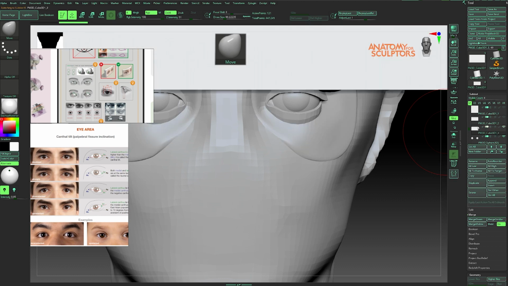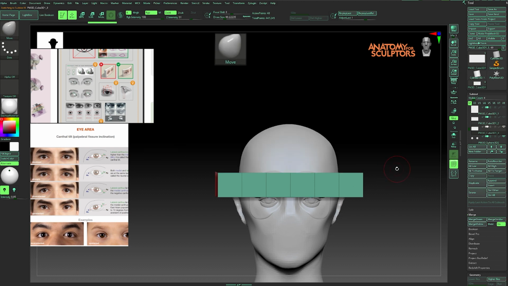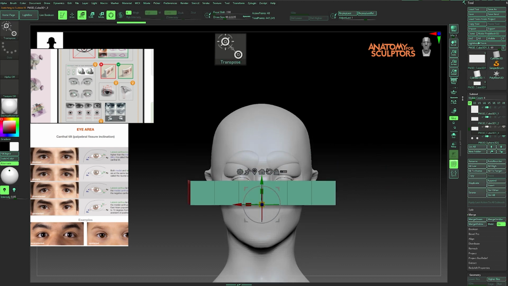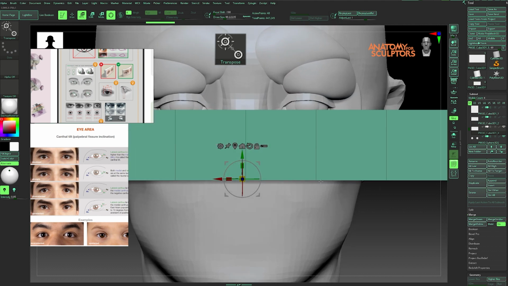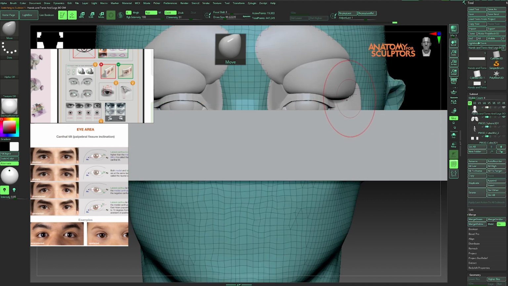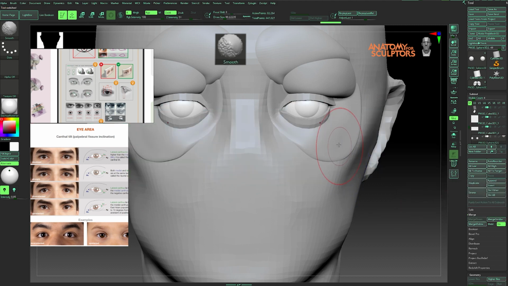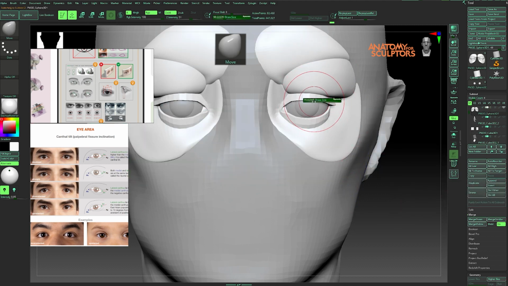So I've added our cube, which is not a cube anymore, to measure the amount of the difference between two corners. It's just like a line to measure how different they are compared to each other. You don't have to use this. You can use a line, ruler, or even something straight like your pen in real life and put it in front of the monitor and just measure how much they differ. The goal here is just to see the measurements and how much you're moving the corners higher or lower.